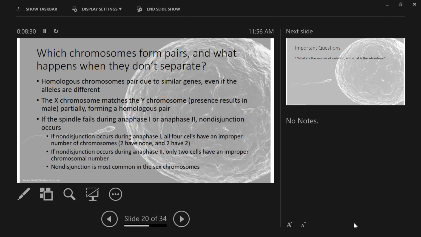If nondisjunction happens during meiosis 2, only the cells that descended from the abnormal cell are impacted. And this says nondisjunction is most common in the sex chromosomes. That's not saying it happens more frequently in the sex chromosomes. That's saying that embryos that develop from gametes that had nondisjunction happen are more likely to survive if nondisjunction happened